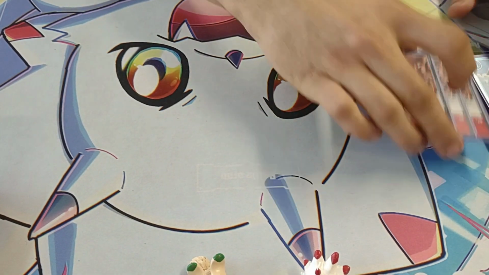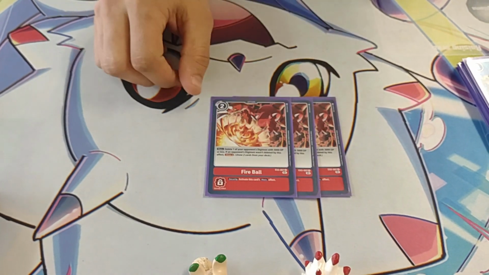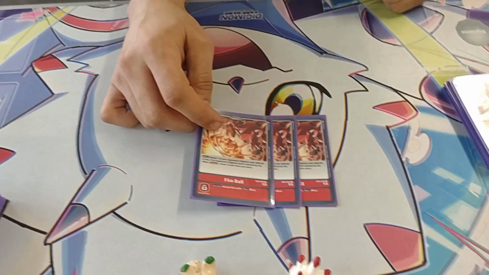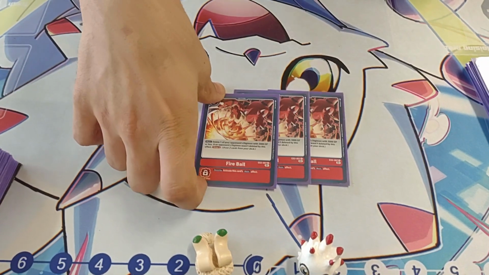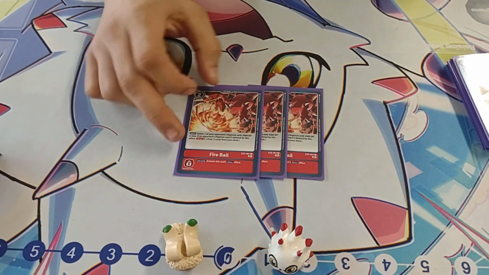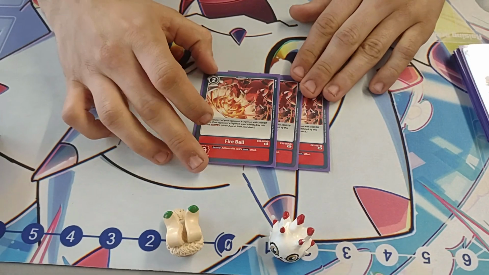So we have Fireball. I run this as a 3-of because if your opponent has something on the field that it can delete, it's forced to delete, and you don't get the draw. So it's very much a save-it-in-hand card for when your opponent doesn't have anything that it can hit. Unless there's a Shoutmon that you...